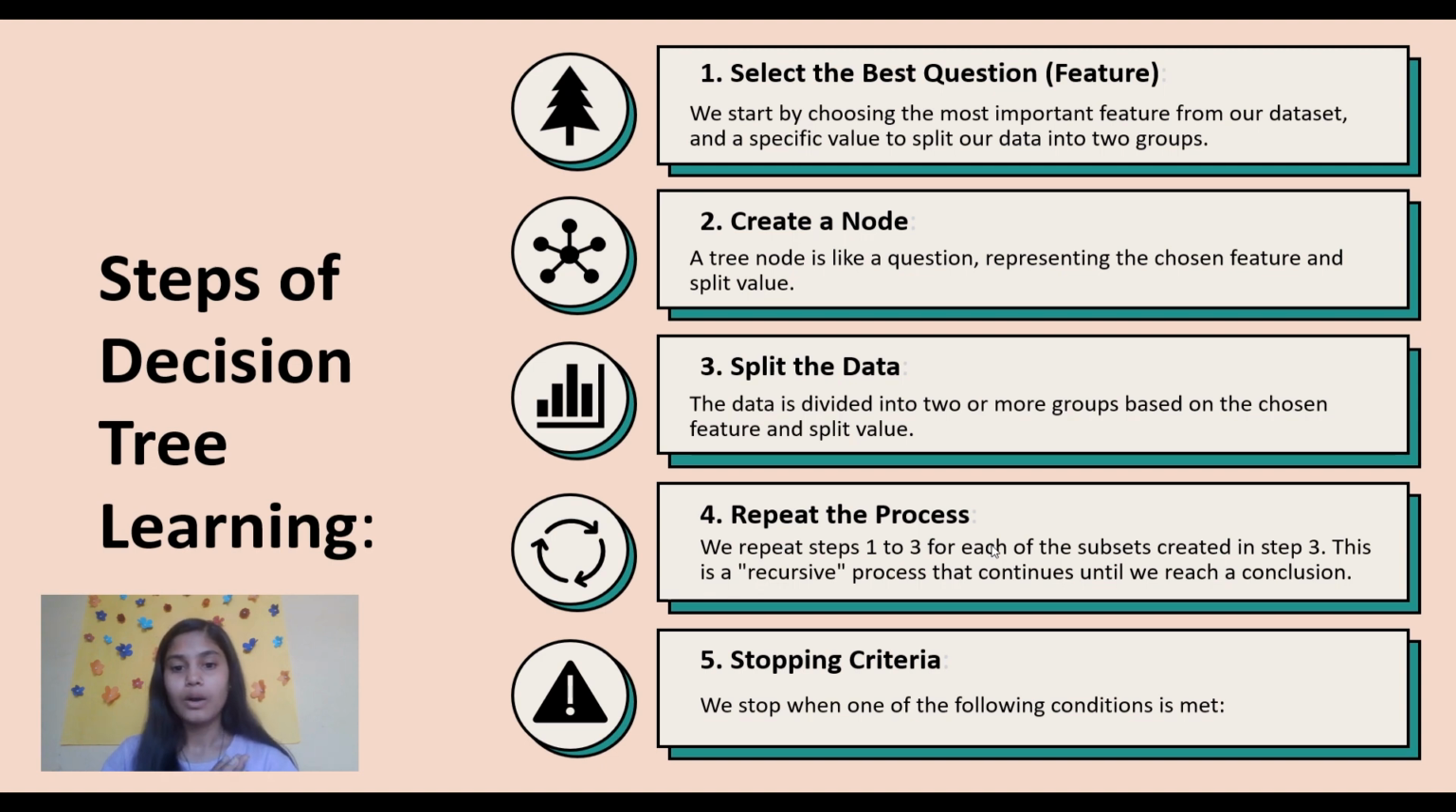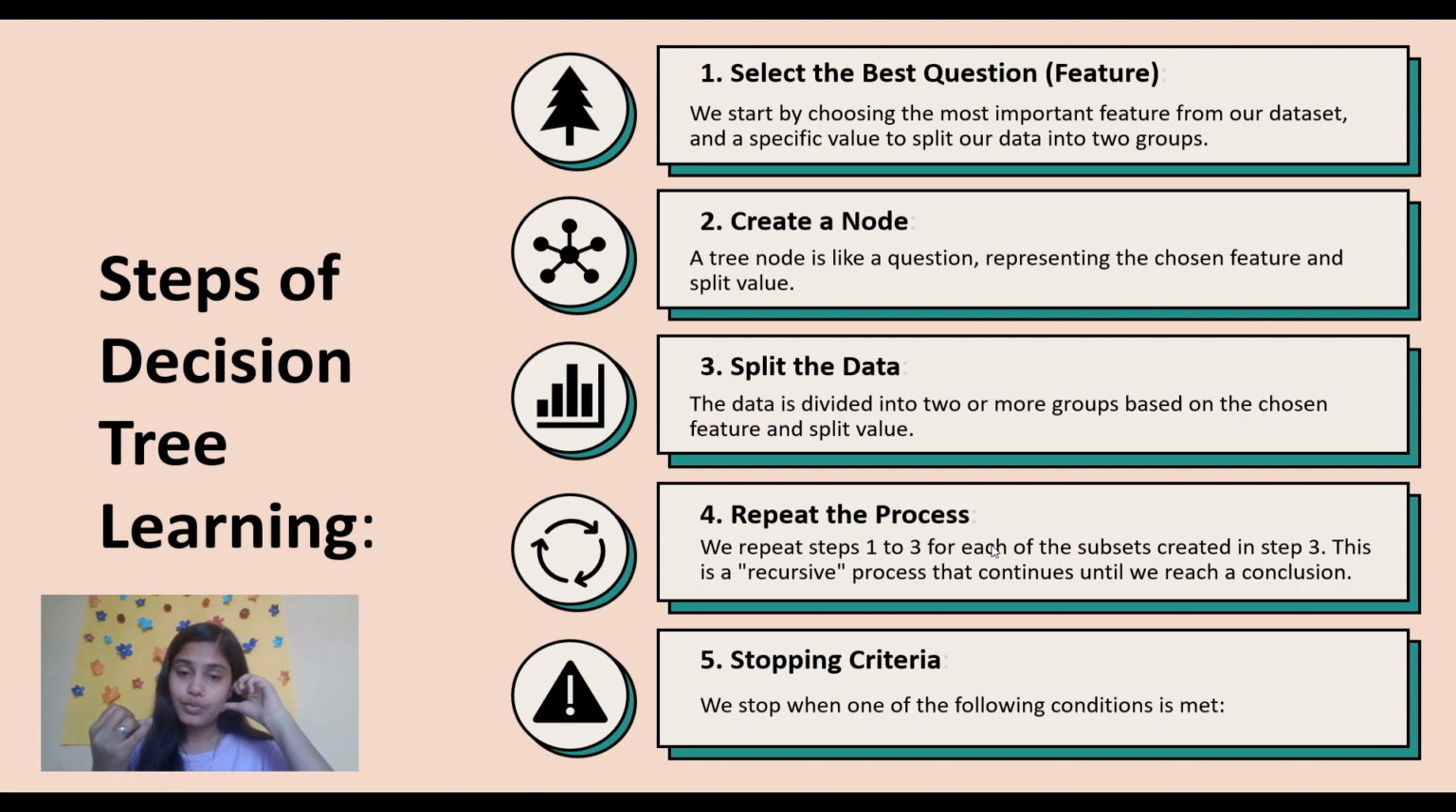Okay, now repeat the process. We repeat steps 1 to 3 for each of the subsets. In step 3, this is a recursive process that continues until we reach a conclusion. Now, after getting some data sets, let's say we have, for example, a set of